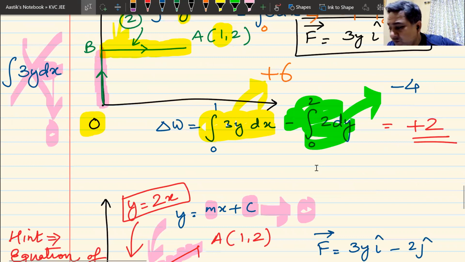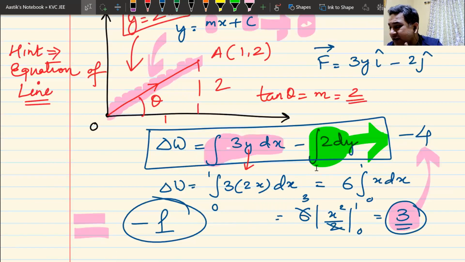Non-conservative forces. Do we understand this? Can I have some raised hands? This is how you can calculate the work done by a non-conservative force. Unless you know the path, you cannot calculate it. Different paths, different answers. If it is conservative, in all these questions, the green force was always conservative. So green was never a problem. Green was very simple. The only problem was with the first integral, so we had to calculate the first integral in different ways.